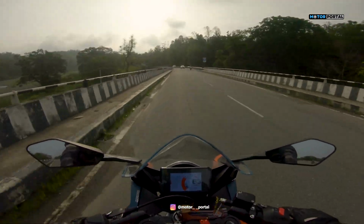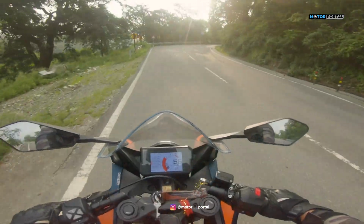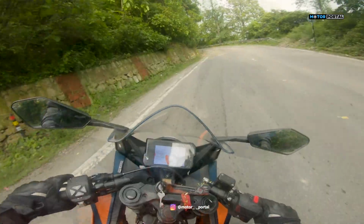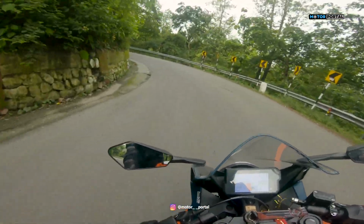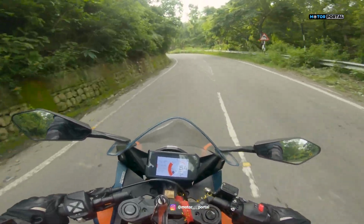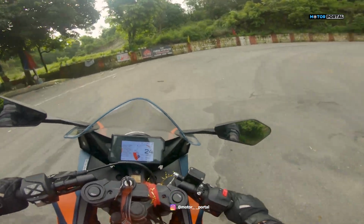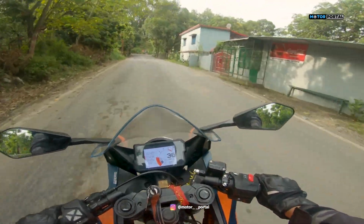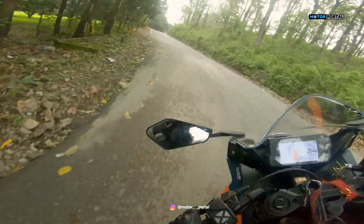And then there is the most interesting part, and probably the most exciting part about the KTM RC390. This beautiful engine, the 390cc single cylinder liquid cooled motor, which produces a class leading 43.5 bhp and 37 newton meters of torque. I mean, this still is very much a powerhouse of an engine, and well, it's not as raw as the older versions, but it's smoother, more refined, and friendlier than the older version. That's what I would like to say. And another thing, KTM has worked a lot on this engine over the years, and it feels at its best in the year 2023. The earlier versions were rough and gruff, and obviously they felt a lot more powerful,